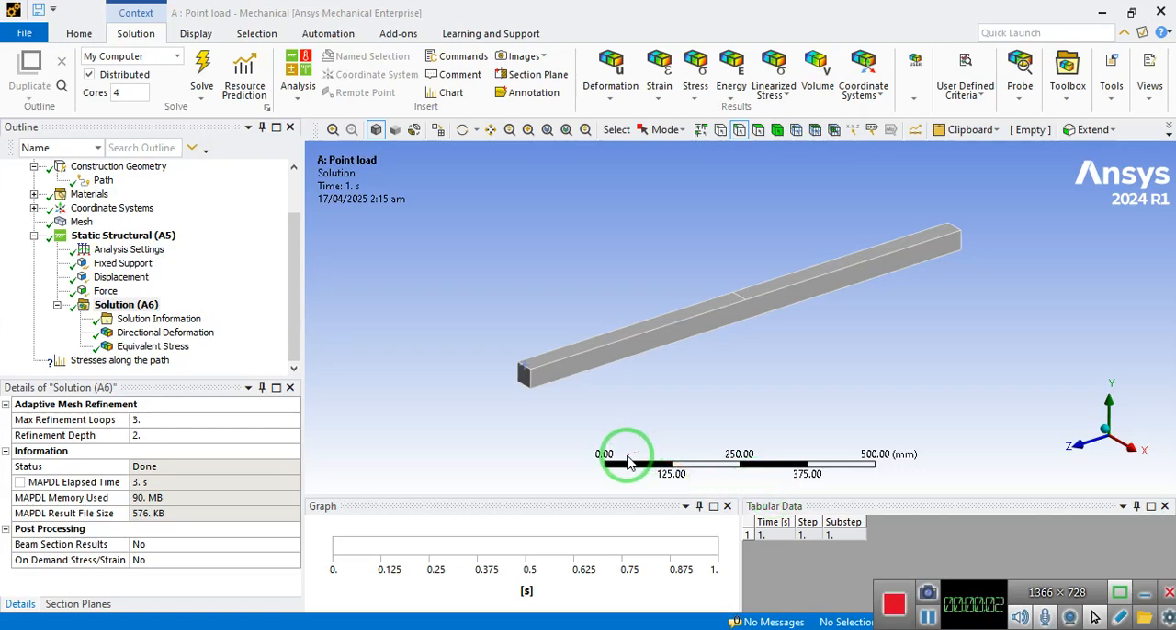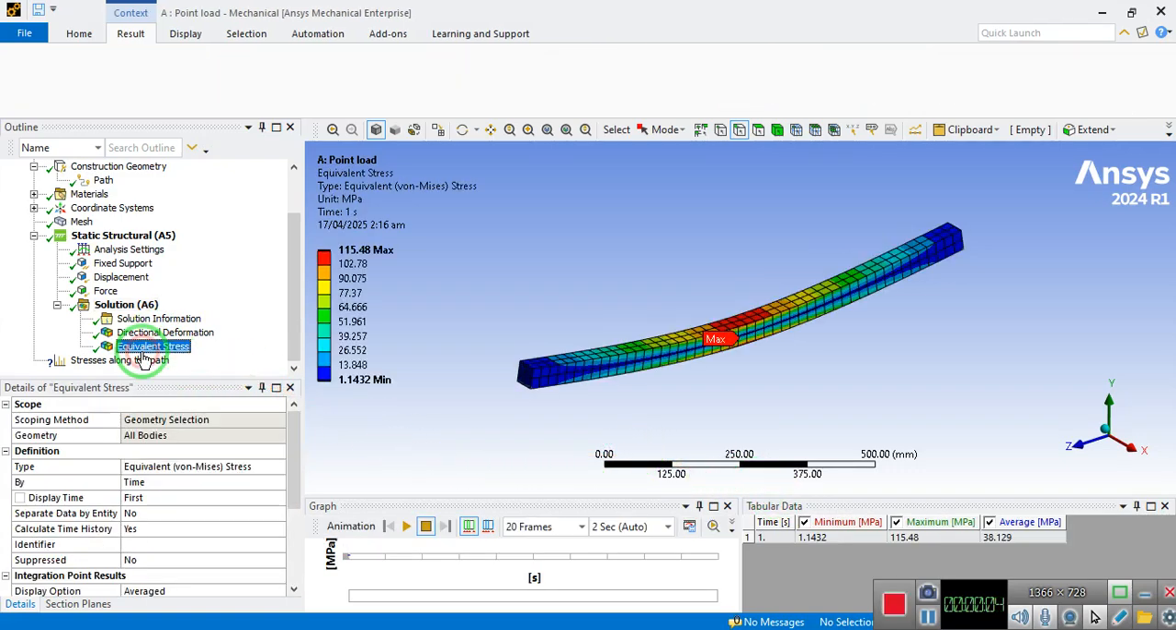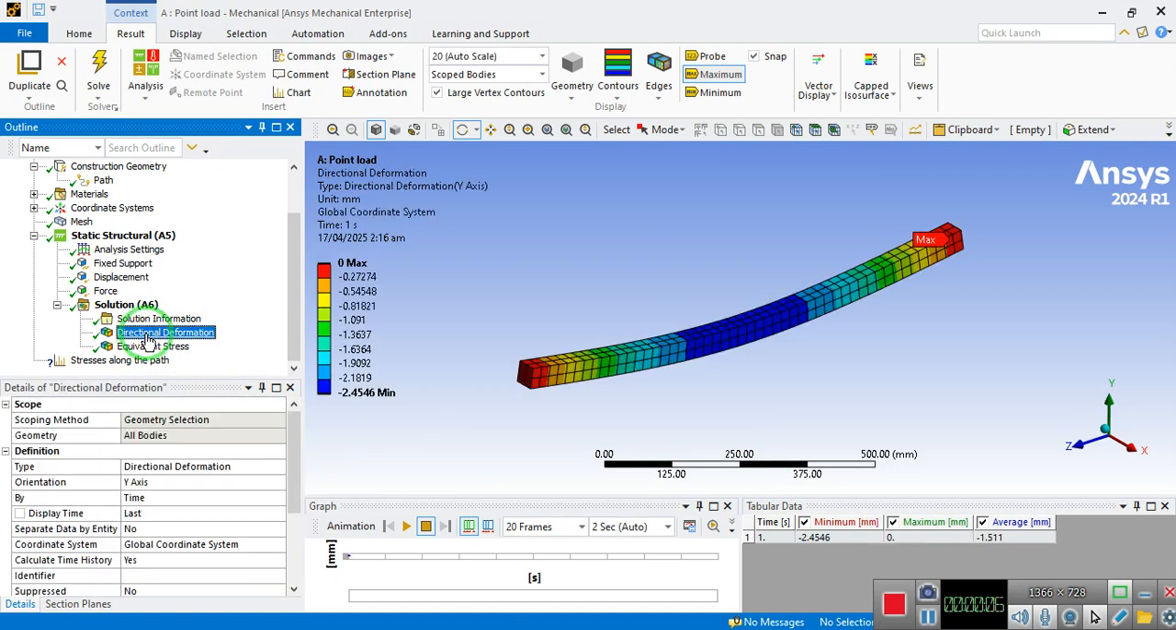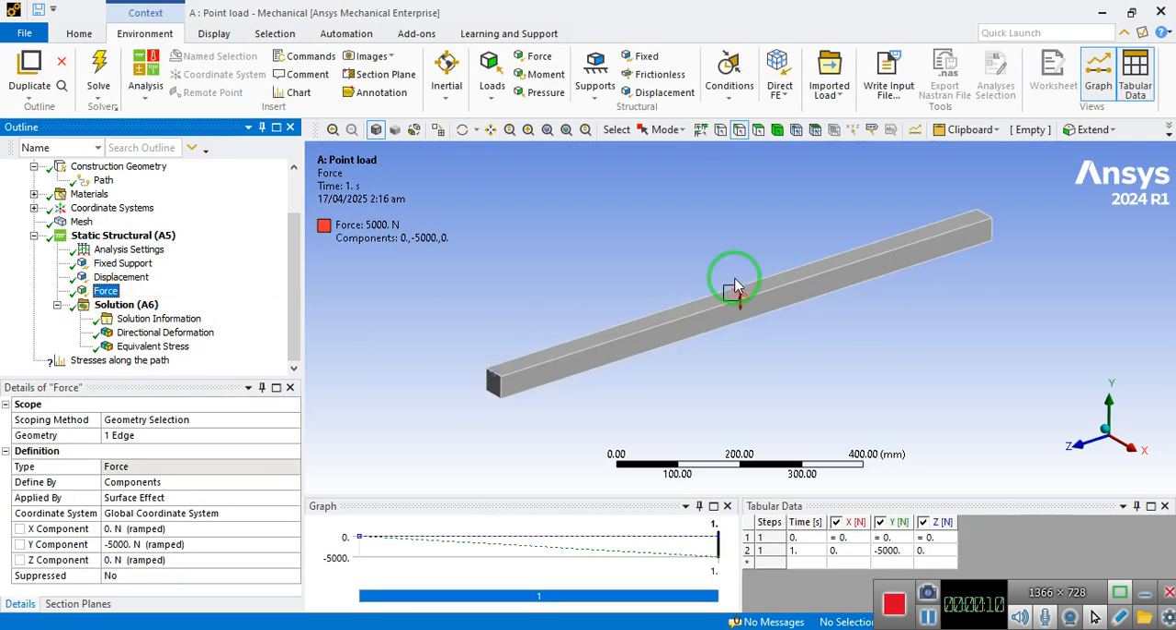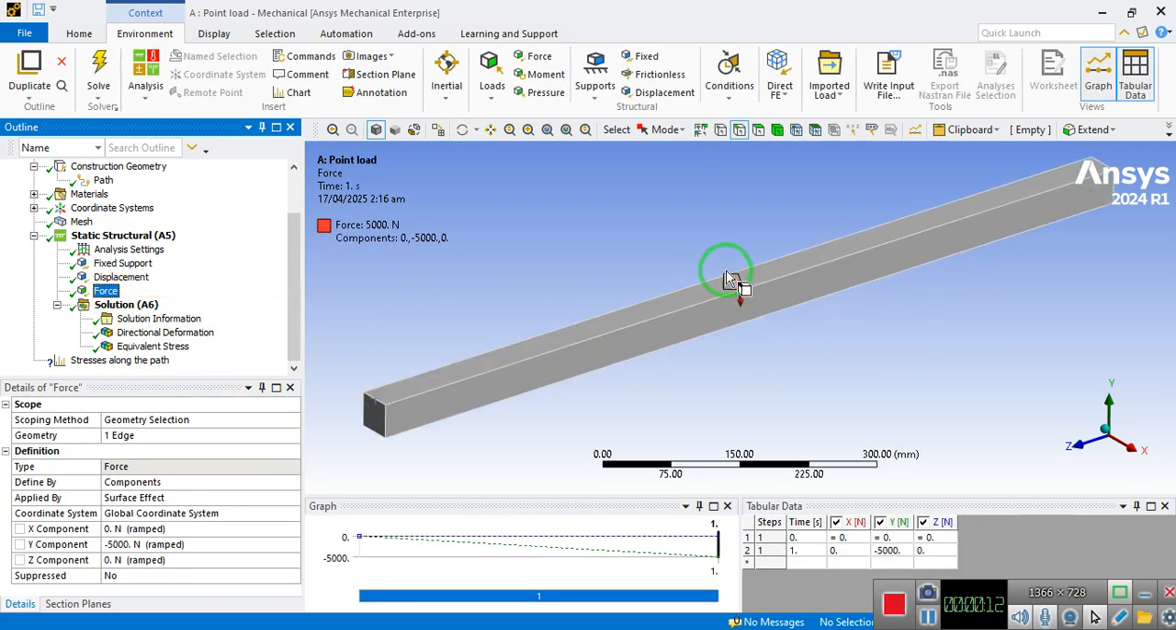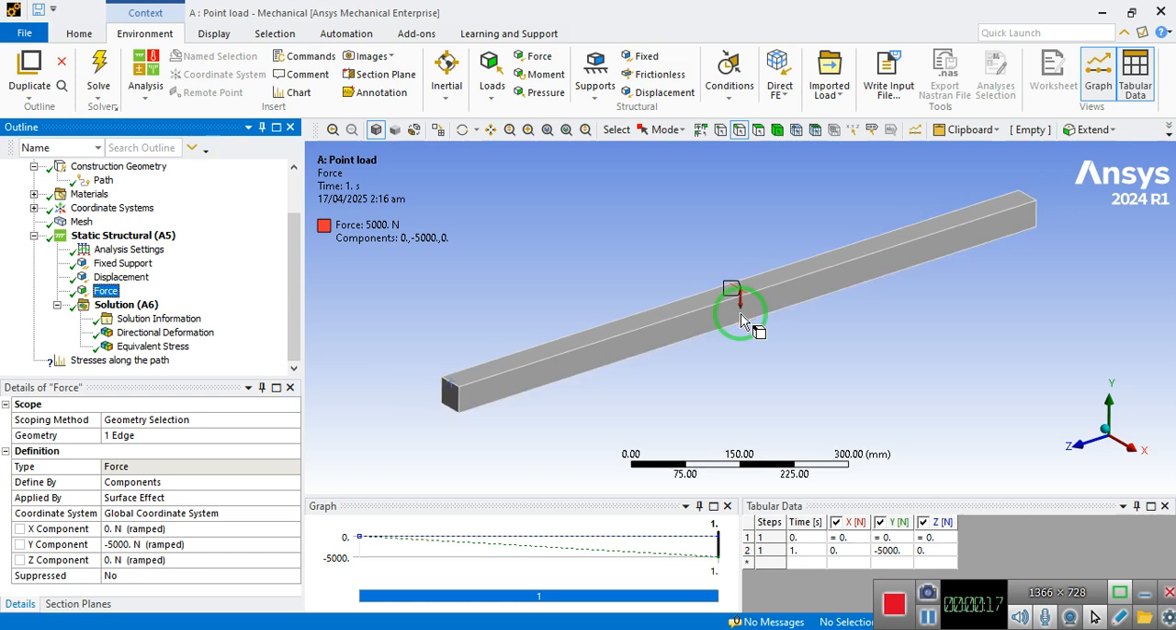Assalamualaikum. Previously we have determined the equivalent stresses and then the directional deformation in a simply supported beam. If you remember, we had applied the force on a very small area, almost on an edge, which is basically not practical. In today's lecture we are going to define the force on a definite area. We will specify that, but before that, let's say that I want to determine the